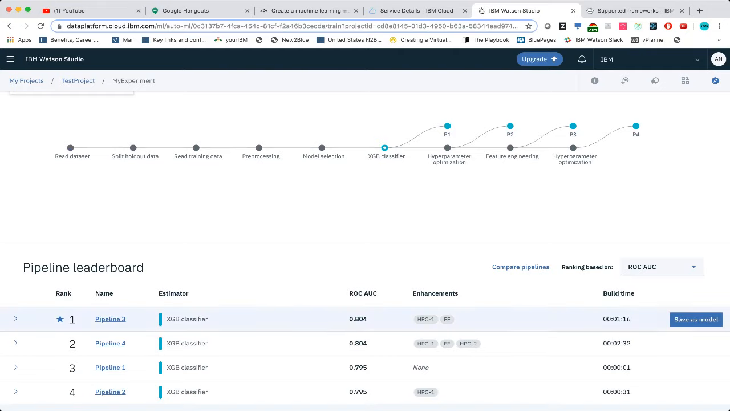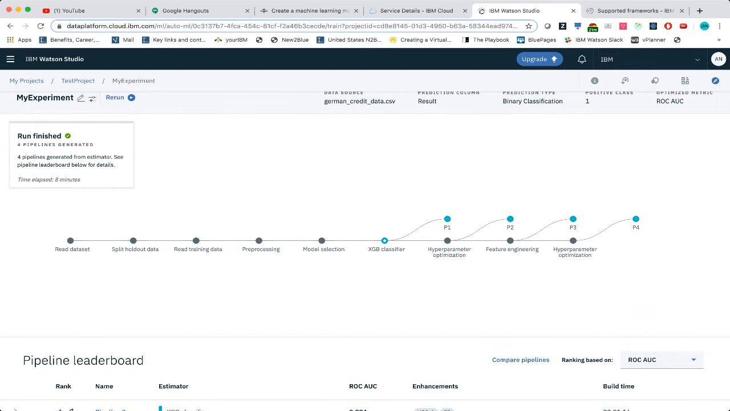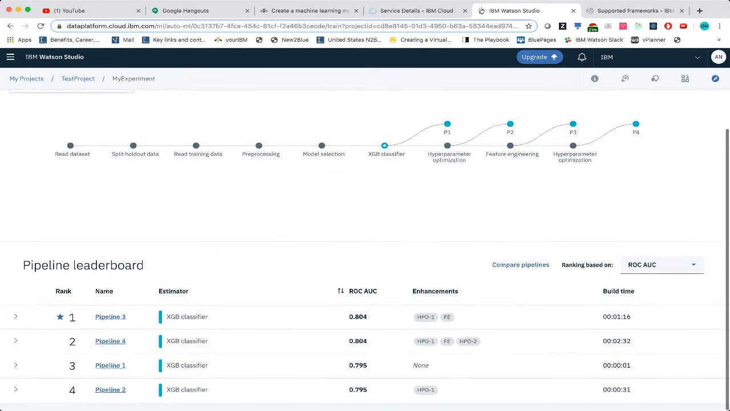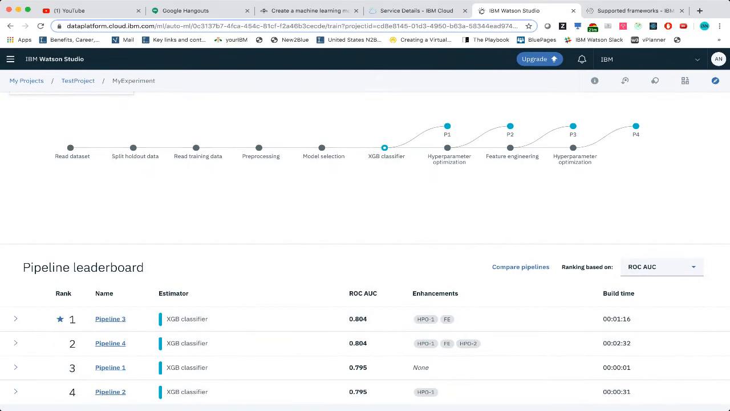Okay, so this has finished and it only took 8 minutes, so that's actually pretty fast. But here, what we can do is, if you go to the bottom, we can see all the pipelines and we can see the area under the curve. And what this tells us is how accurate the model was, so we can select which one gave us the best area under the curve, but for whatever reason, we can pick a different one. But so you can save this as a model,